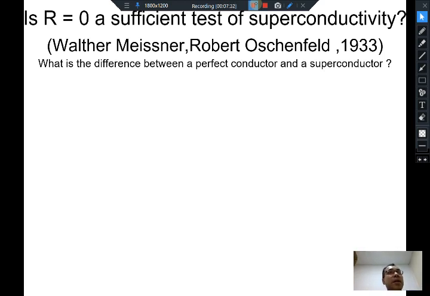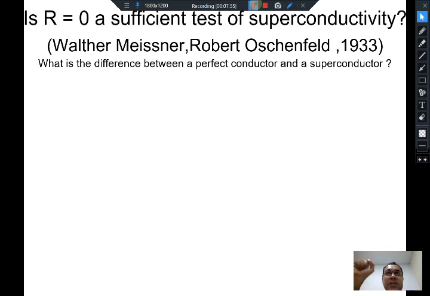It is still a metal, but it is just changing its resistance from R equal to finite to R equal to 0, whereas it still has the normal metal properties. Or are the properties of the metal fundamentally, completely changing when it goes into the superconducting state?